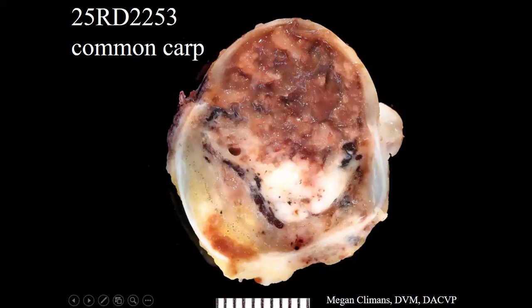So the first case is a bit of an unusual species. This is a common carp, 25 years old. So a nice, well cared for carp. This patient had severe exophthalmos of the left eye with visible opacities in the eye, consistent with white blood cells, blood, and/or soft tissue. They did an ocular ultrasound briefly before enucleation, and the globe appears infiltrated with soft tissue